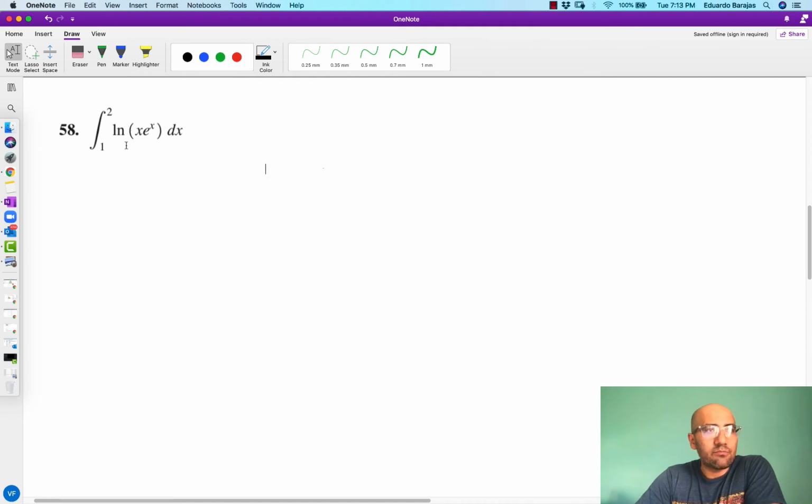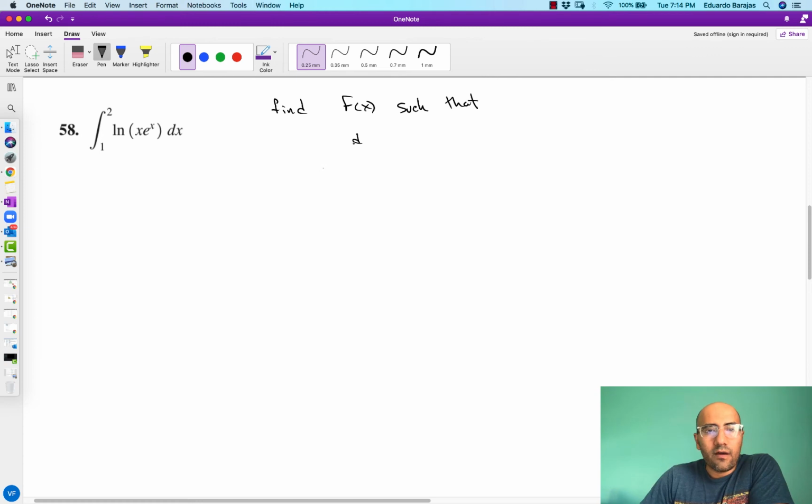Okay, so remember the connection between definite integrals and indefinite integrals. An indefinite integral is an antiderivative, right? It's the reverse of taking a derivative. And we need that because thanks to the fundamental theorem of calculus part 2, if we can rewrite this as the derivative of some function, then it'll make it very easy to figure out this integral, right? In other words, our goal is to find some function f of x, such that the derivative with respect to x of that function f of x is equal to the ln of x e to the x,